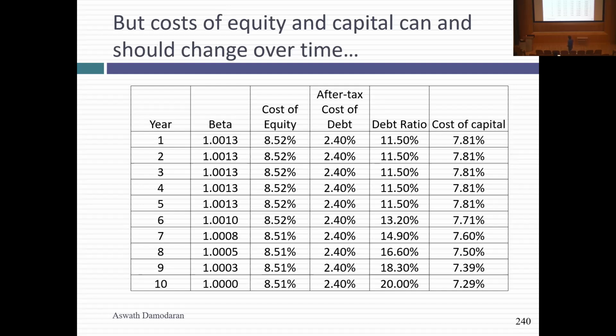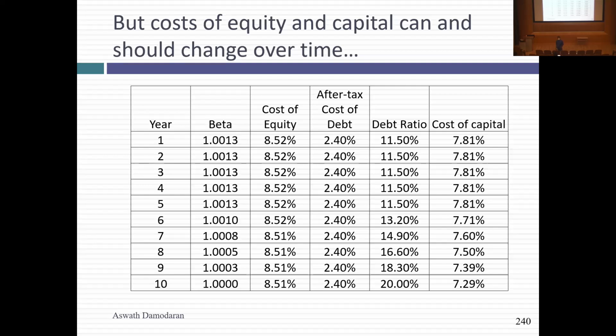And as you go through time, you notice that my debt ratio goes from 11.5% to 20%. Why 20%? Because my optimal is 40%, but I don't think they're going to push to it. Because even in my recommendations, I said, don't go all the way to 40, it's too dangerous. Disney's management, I think, is even more conservative than what I would push them to be. So I think debt ratios will continue to climb, because they've been climbing for the last 3 or 4 years. But I think they're going to continue to climb to get to 20%.